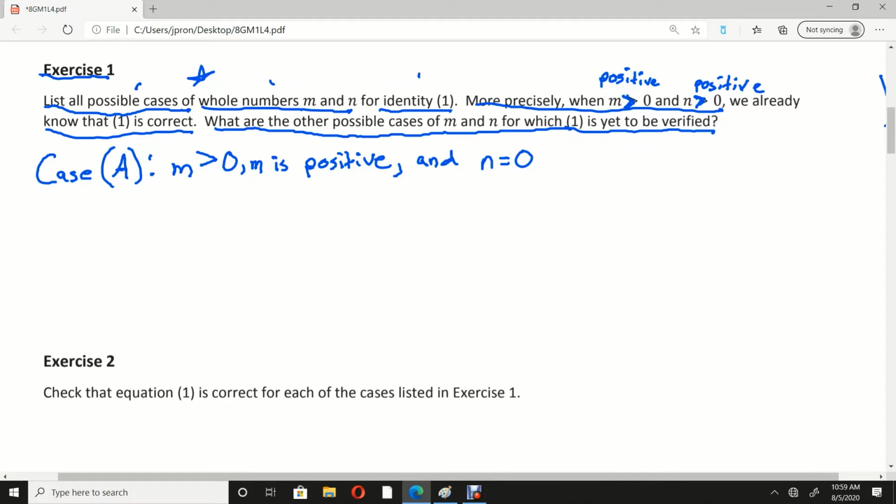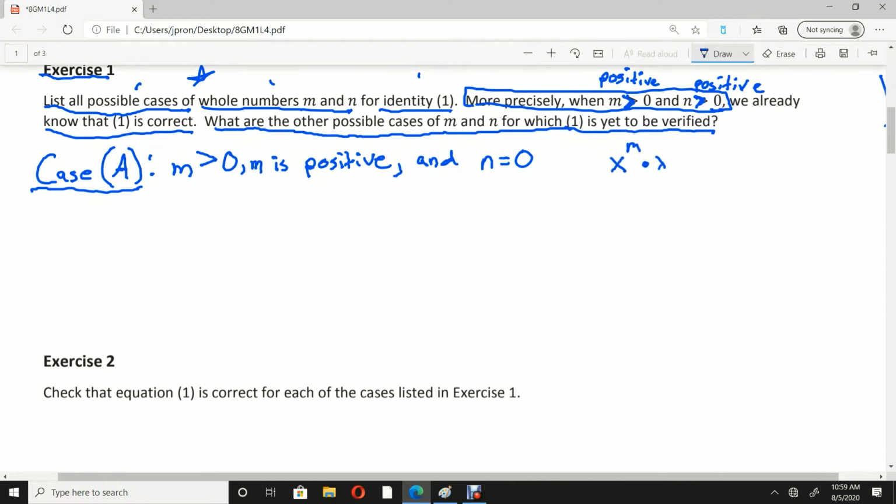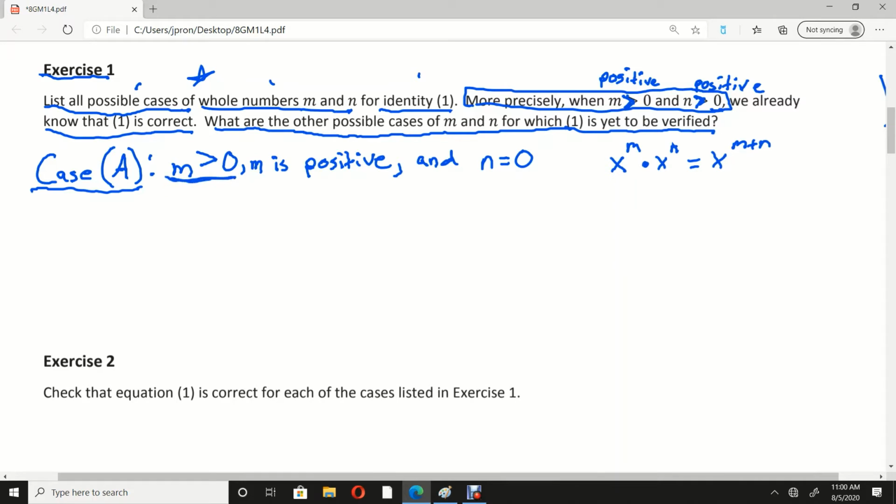So here is the first example, case A, where this identity is also true that we haven't discussed. Again, x to the m times x to the n equals x to the m plus n. That's the identity. So if m is positive, let's give m a value. Let's say m is 10. So we have x to the 10th power times